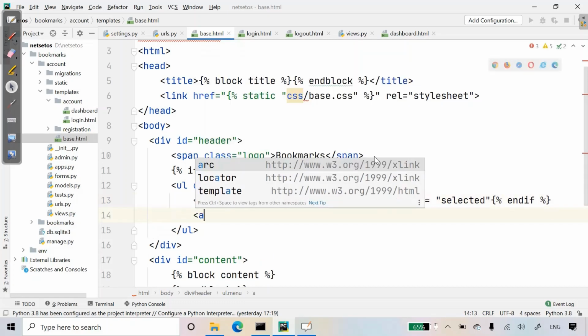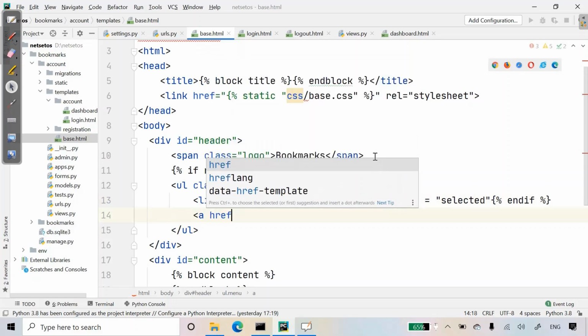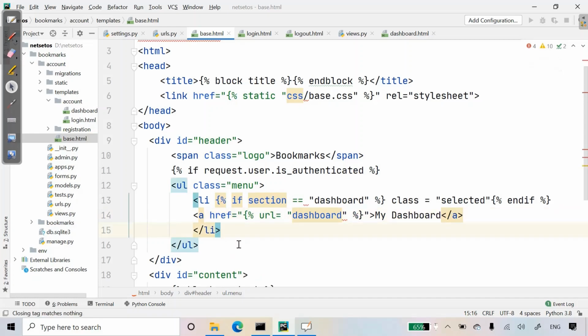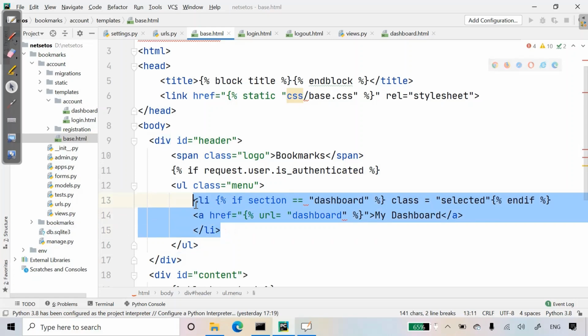Here I'll give the link for href. Here we will have URL, inside this we will have the dashboard link, and here we will print My Dashboard, and here we will end this li, and again I'll create this